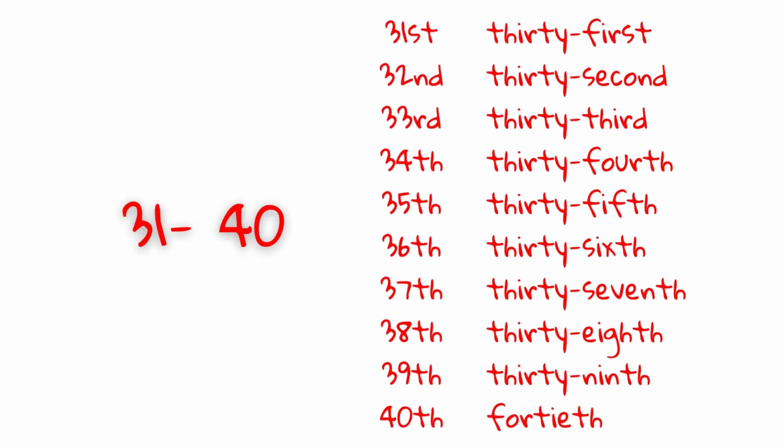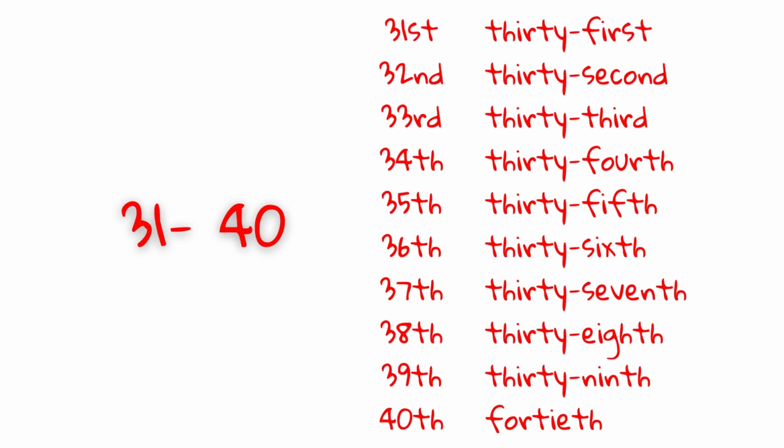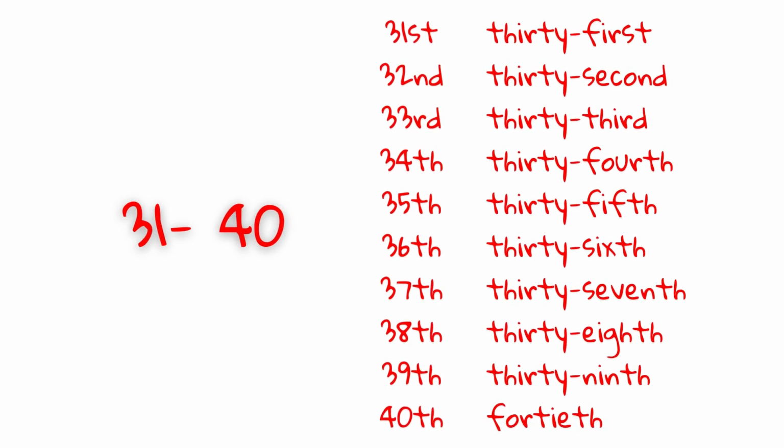31st, 32nd, 33rd, 34th, 35th, 36th, 37th, 38th, 39th, 40th,